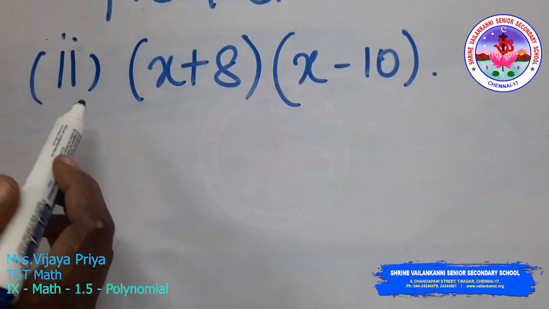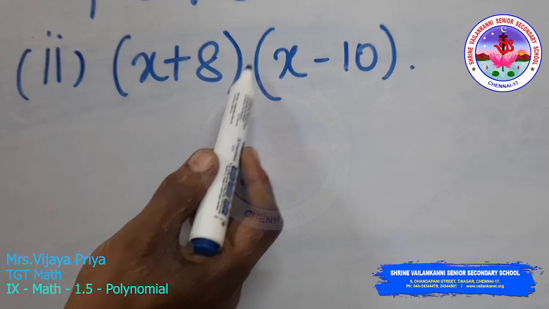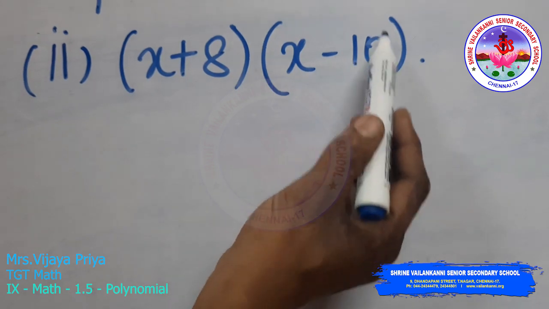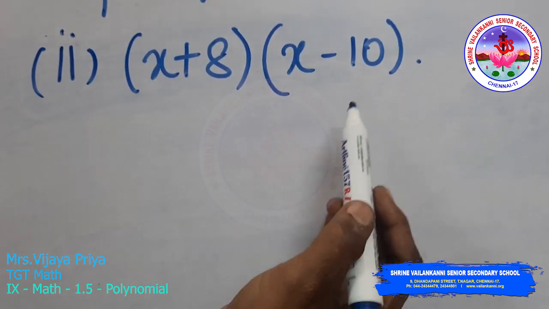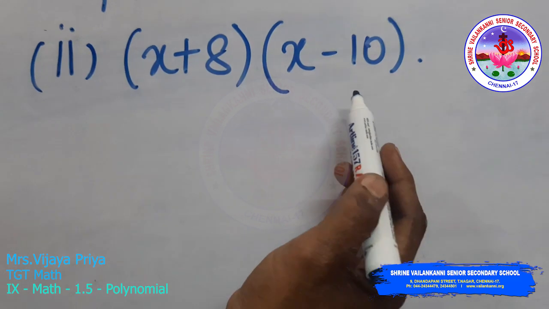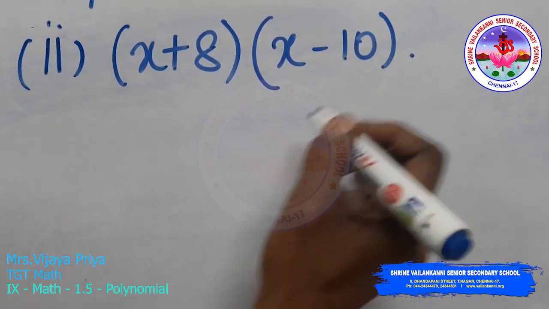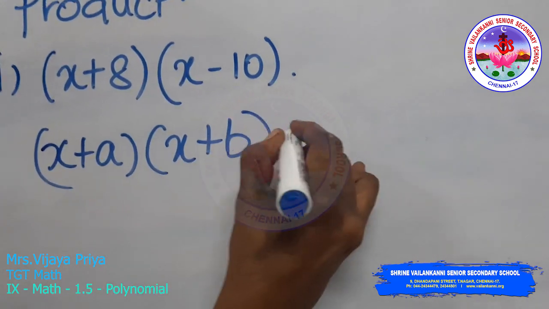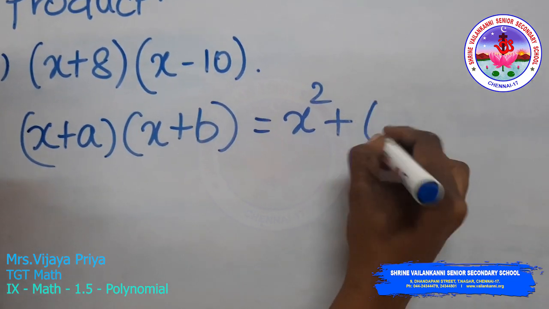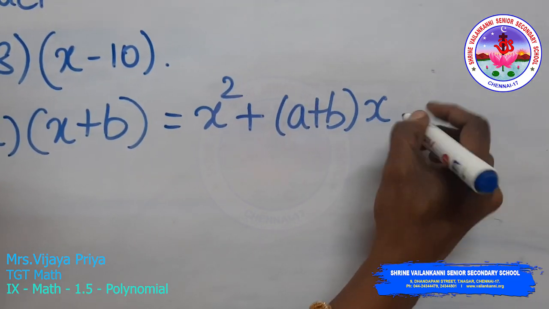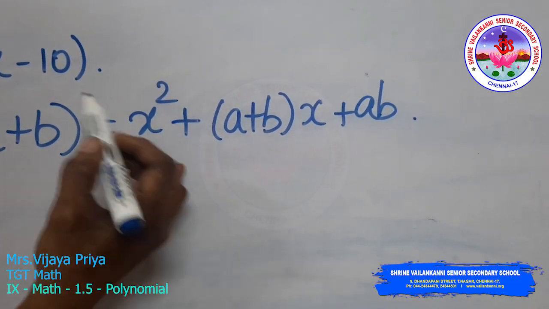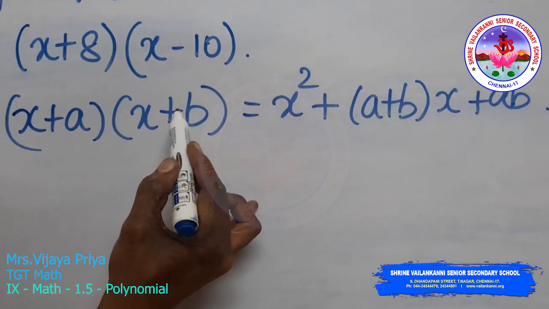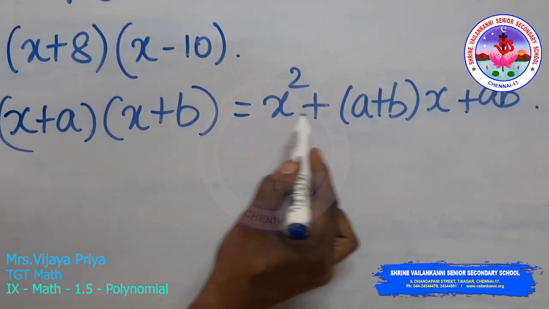Second subdivision: you want to find the product of (x + 8)(x - 10), where here you have a value as +8 and b value as -10. So the identity which you are choosing gets changed for your b value. We have studied that (x + a)(x + b) is equal to x squared + (a + b)x + ab. In this problem you have b as -10, so I am changing the formula. My plus b has been changed to minus b in this formula.